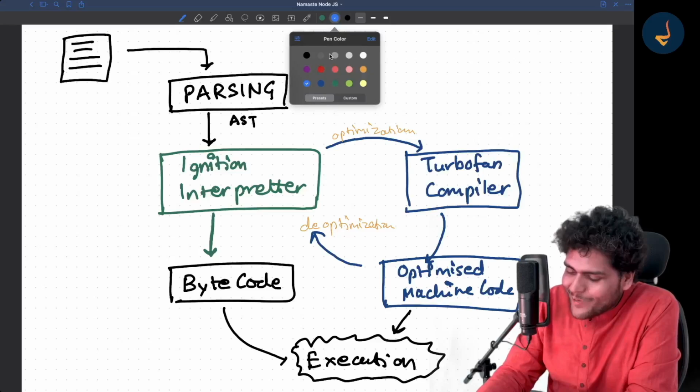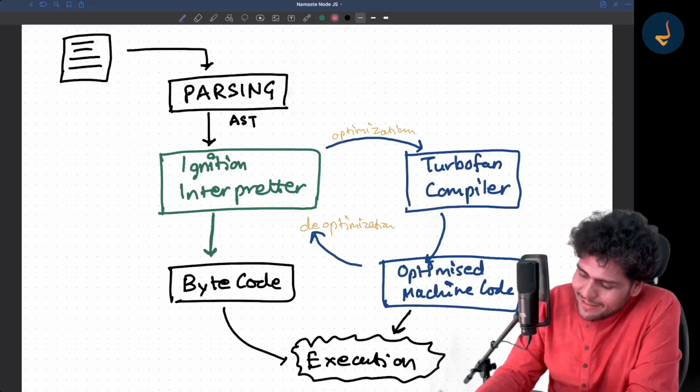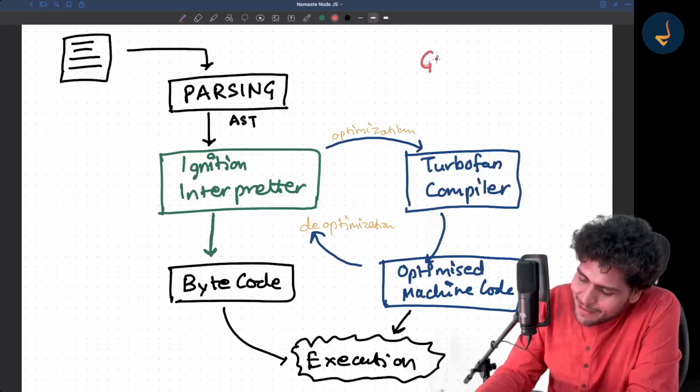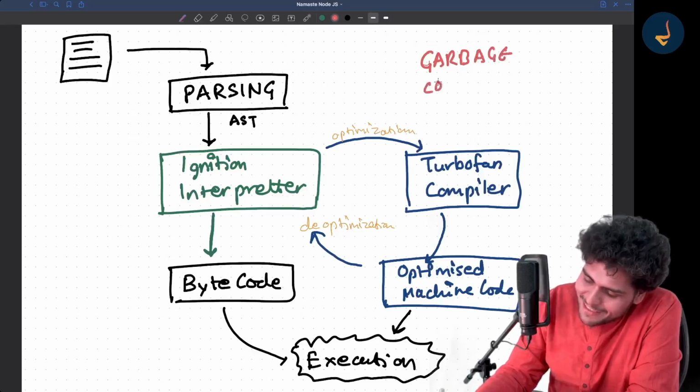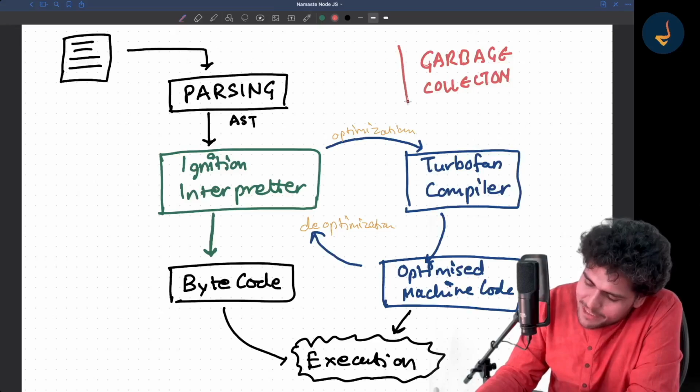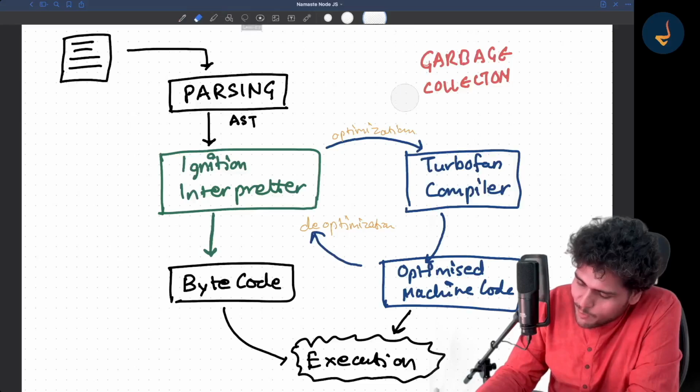Do you remember? There is one more job of the V8 engine that is known as garbage collection. So there is a garbage collector. This is a parallel job. Let me just make it a little more beautiful in the diagram.